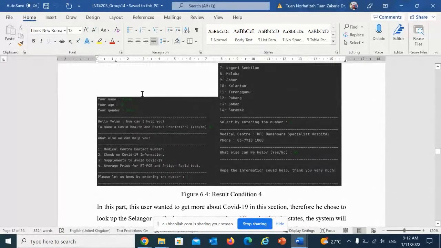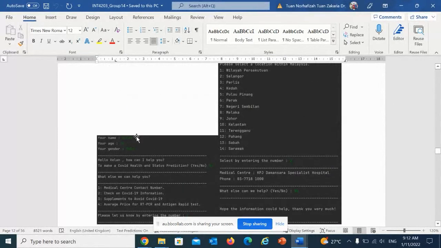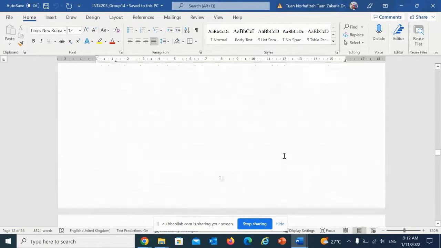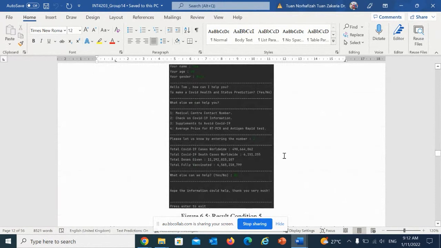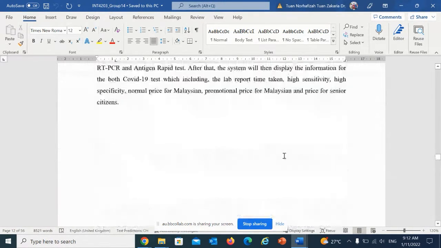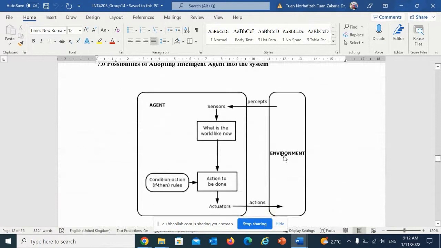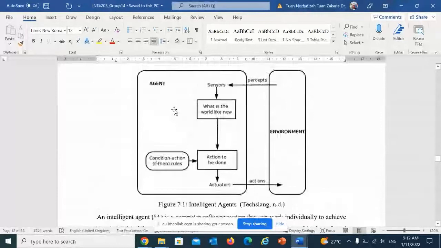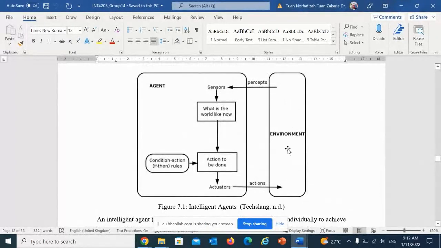This is the example, your input and then your output. And then the possibilities of adopting an intelligent agent. Remember the sensor, action, environment.